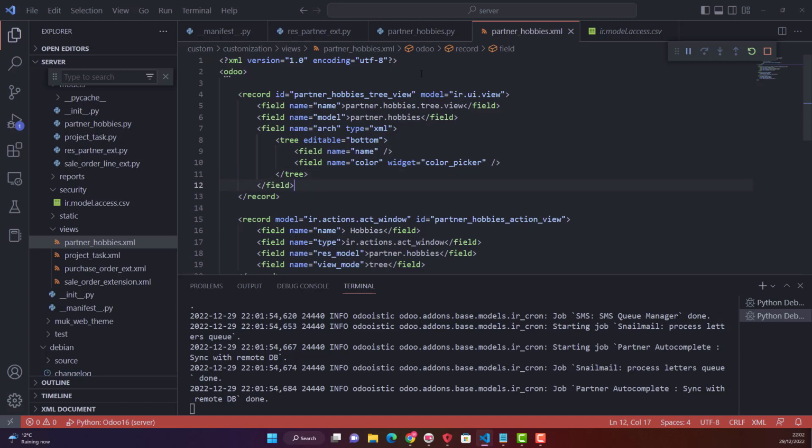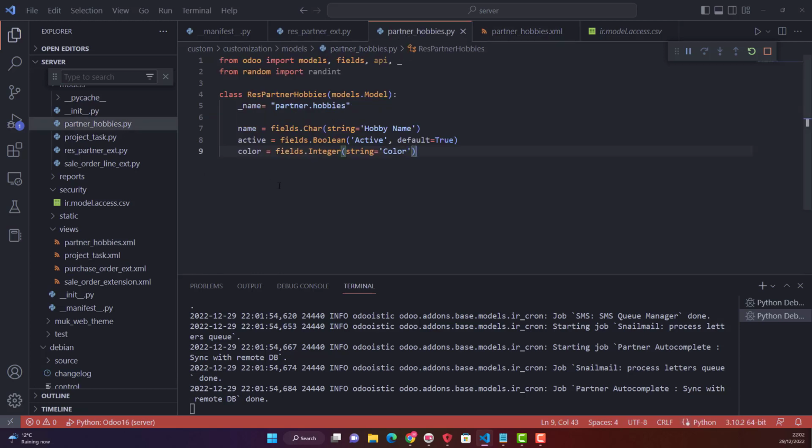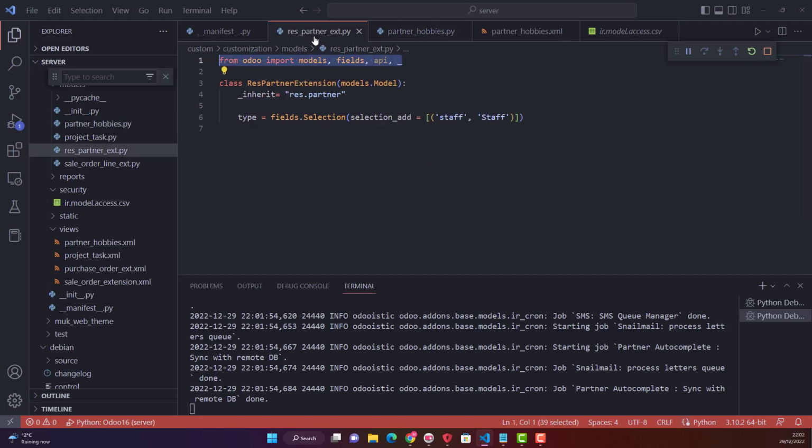We have created a new model. We have added some hobbies. Now we want to add it in res.partner. So this is our already created file. I've already created some fields here, inheriting res.partner. So here I would say,